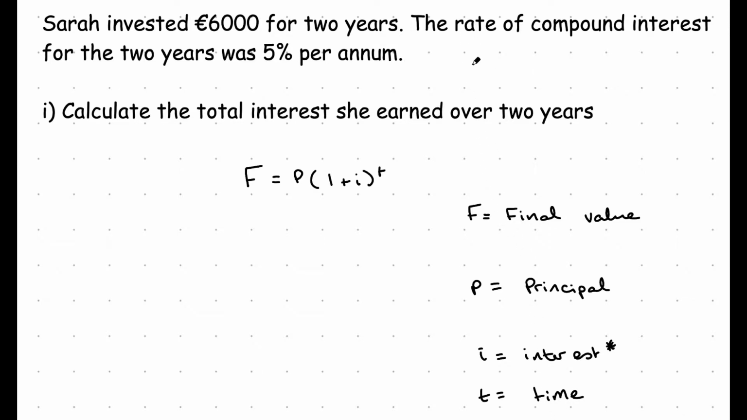So do I have this information in the question? Let's check it out. The final value is what we're actually looking for here, because they want us to calculate the total interest she earned over 2 years. So what she earned, that's the final value we're looking for. Let's see what else. P stands for principal, which is what we put in or what we invested. So there's that number. I stands for the interest she earned,